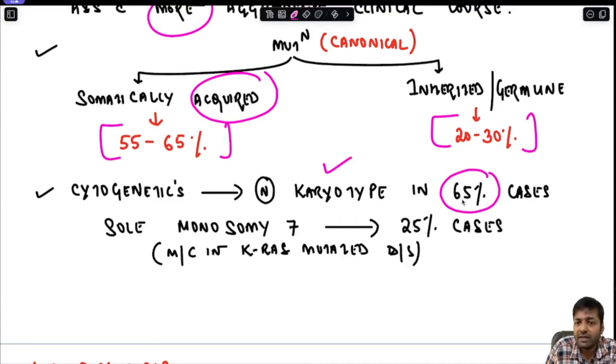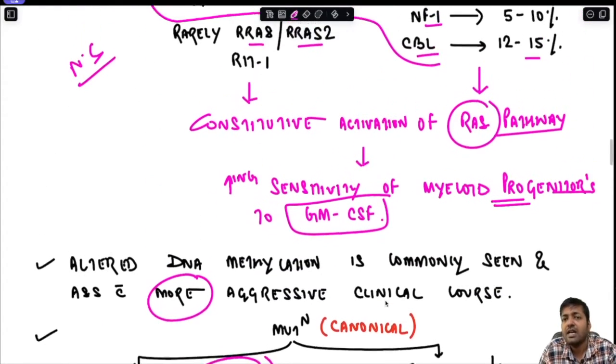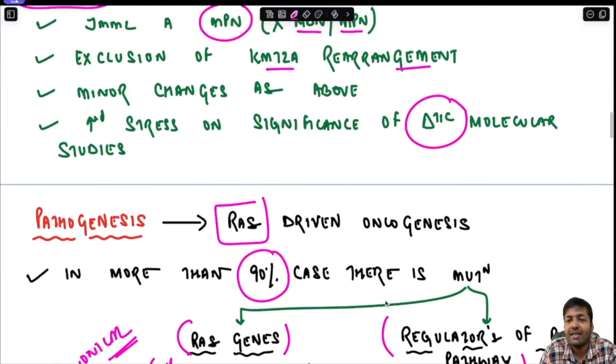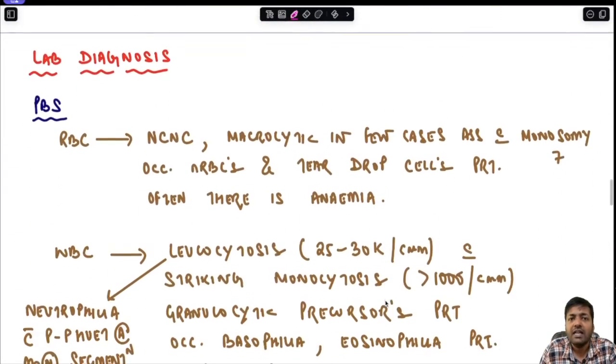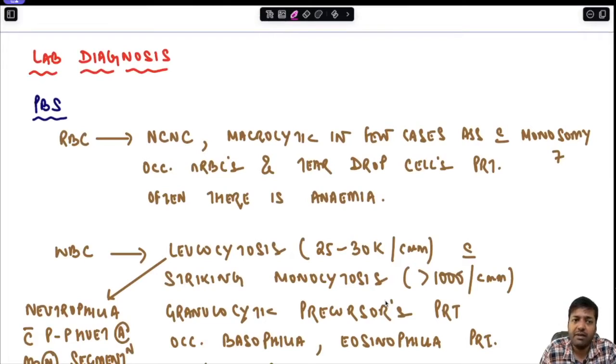Sole monosomy 7 is seen in 25% of the cases, and most commonly this monosomy 7 is associated with KRAS mutated disease. So this is the basic pathogenesis of JMML. Now coming to the laboratory diagnosis of JMML, if you look at the peripheral blood smear, the RBCs